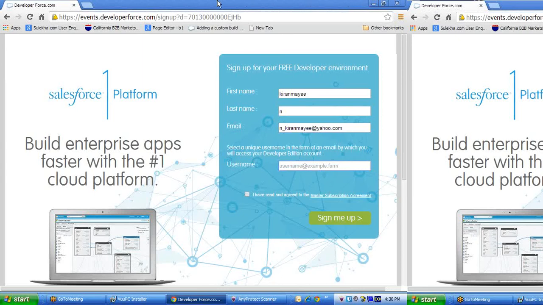You give the email like this. Yeah, the same thing can be there in the username as well.